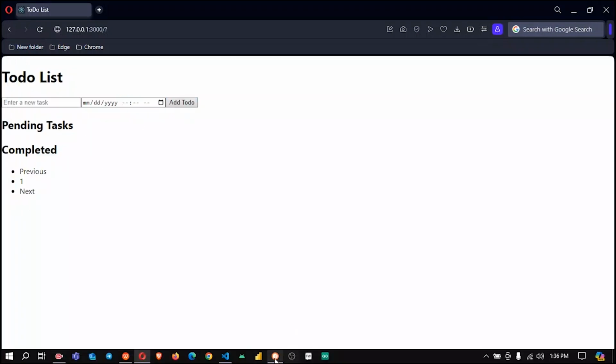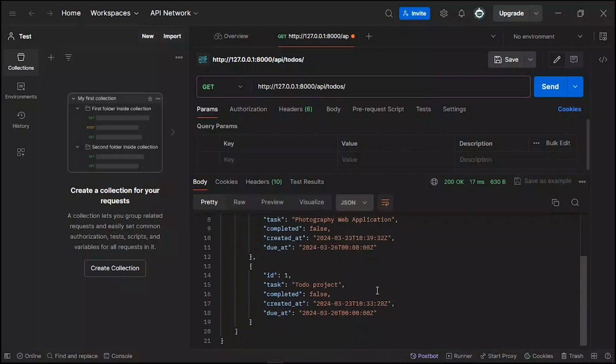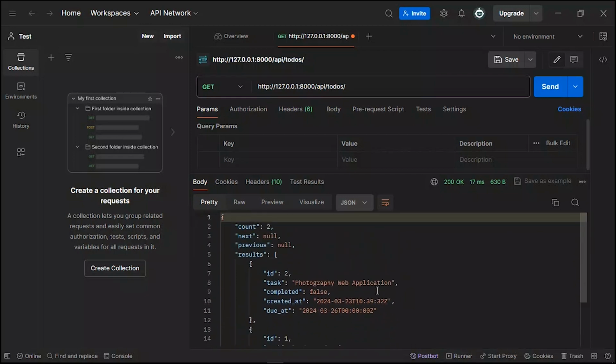Let me check first of all if it's really fetching or not. So let me try to send. I don't know why it's not fetching, but